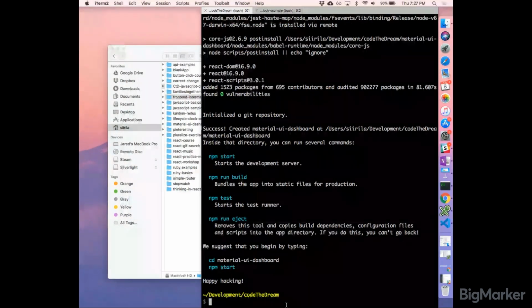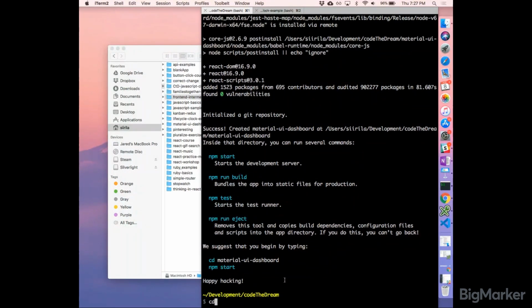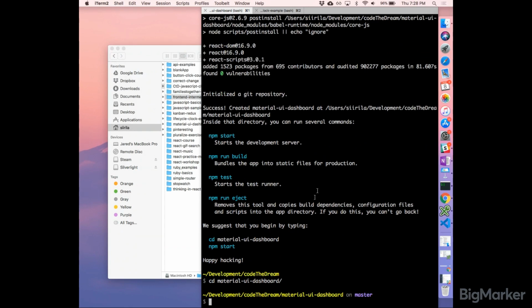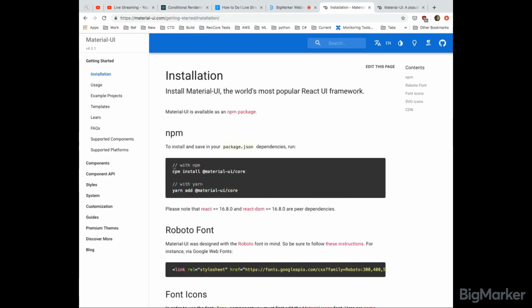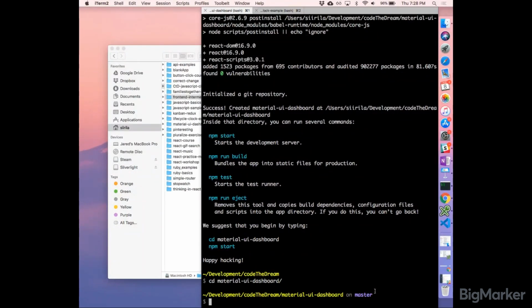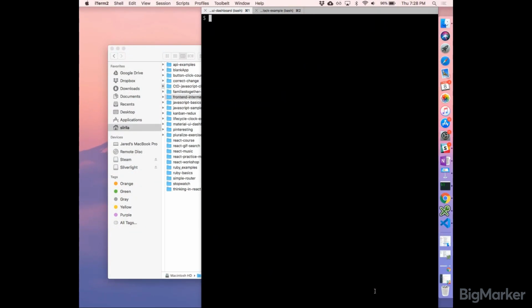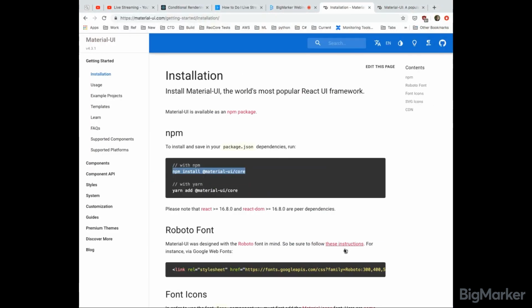So we'll go into this new, first off, I need to install Material UI, right? Because I'm in a new project. So I'm going to go into the Material UI dashboard and I'm going to go ahead and grab, since this is a new one, I need to install this into this project, not my clock project that we were just in, right? Let me bring that back to the top for you guys. And we're just going to go ahead and install that in this project. And then the next thing we'll do is going to go ahead and install this